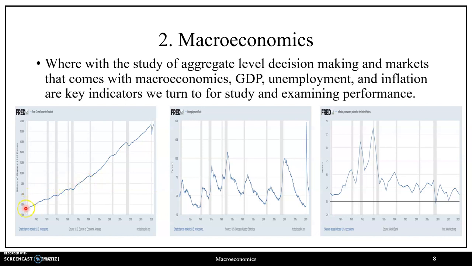where in regards to real GDP, we observe that real GDP seems to be increasing at a nearly constant rate, but there are some rough patches or noise along the way of this constant growth rate. In regards to unemployment, we see that there's not as clear a pattern as there is with real GDP, but there are periods in which unemployment seems to be low, and there seem to be periods where unemployment seems to be pretty high. Similarly, in regards to inflation, there doesn't seem to be a clear-cut pattern, but there seem to be periods in which inflation is pretty high, and there are also alternate periods in which inflation seems to be